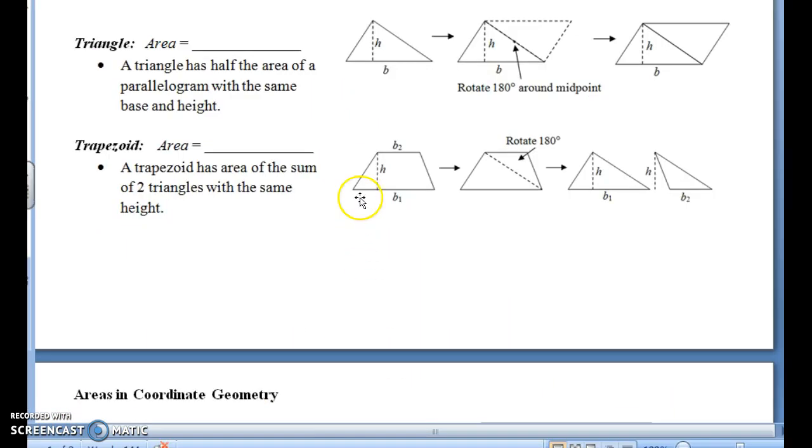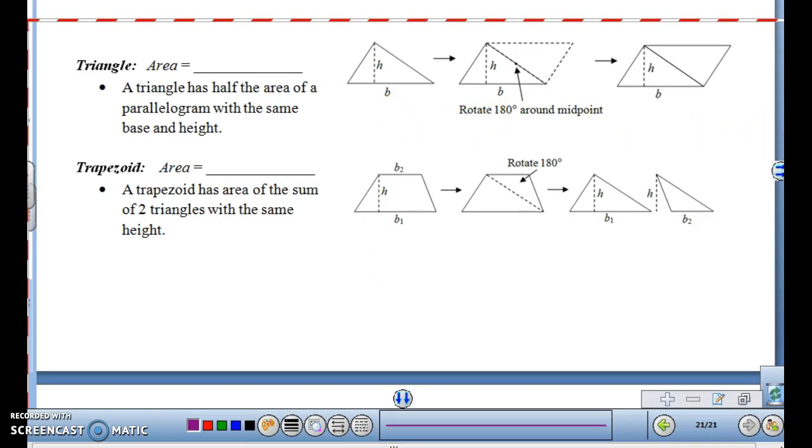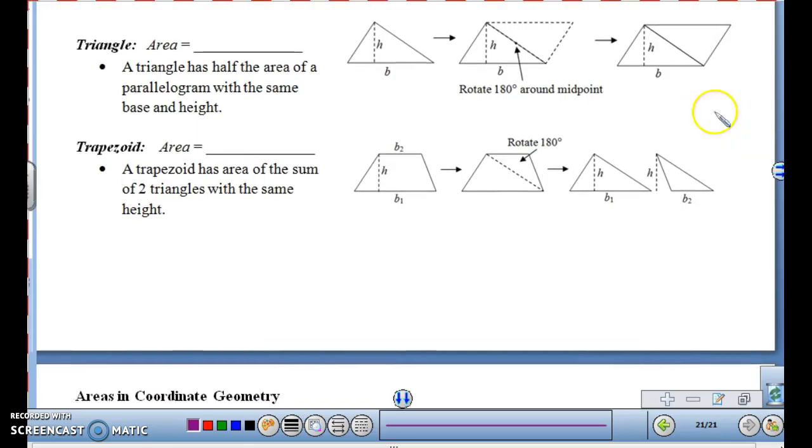All right, now let's see if we can figure out the area of a triangle. You probably know the formula for the area of a triangle, but where does it come from? Well, if we start with our triangle right here with a base and a height, and rotate the triangle about its midpoint like this, don't we create a parallelogram? Yeah. So we've created a parallelogram, and we know the area of a parallelogram is base